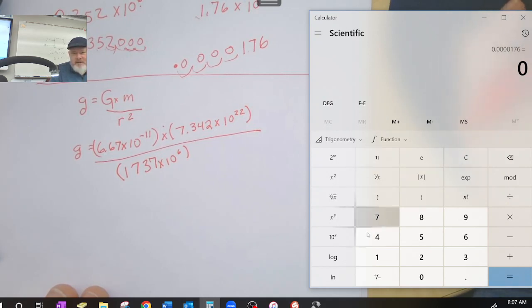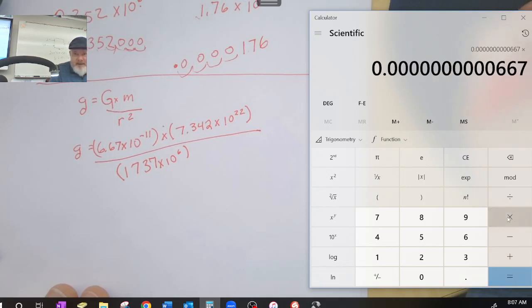Let's multiply across the top first. That's 6.67, and this is an exponent. We're going to multiply that by 10 to the negative 11th power, so it's got to say 6.67 times 10 to the negative 11th power. Then we're going to hit multiply, and it's going to automatically change it, so that's what negative 11 looks like. We're going to multiply that by